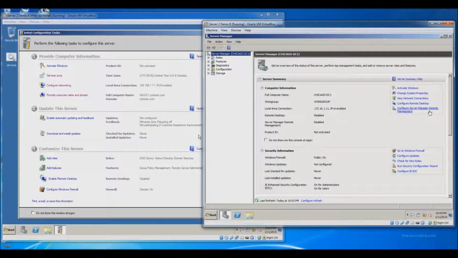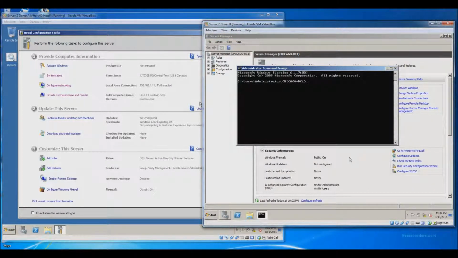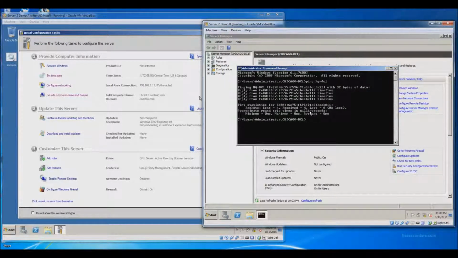At this point, my second server should be able to contact my primary server. To test that theory, I'm going to use the command prompt. We're going to do a simple ping command. This is going to send a few IP packets at the other machine. I'm going to ping the server's name of HQ-DC1, and this will tell me a lot about whether I can contact the machine. And actually I get replies